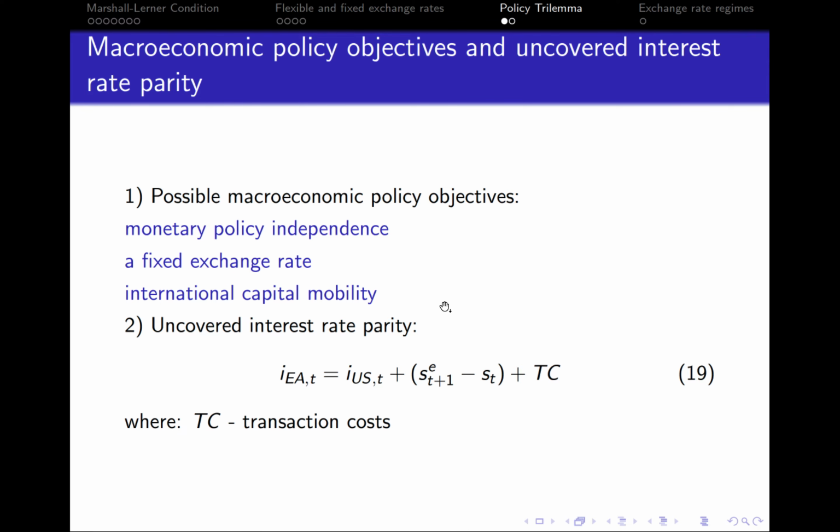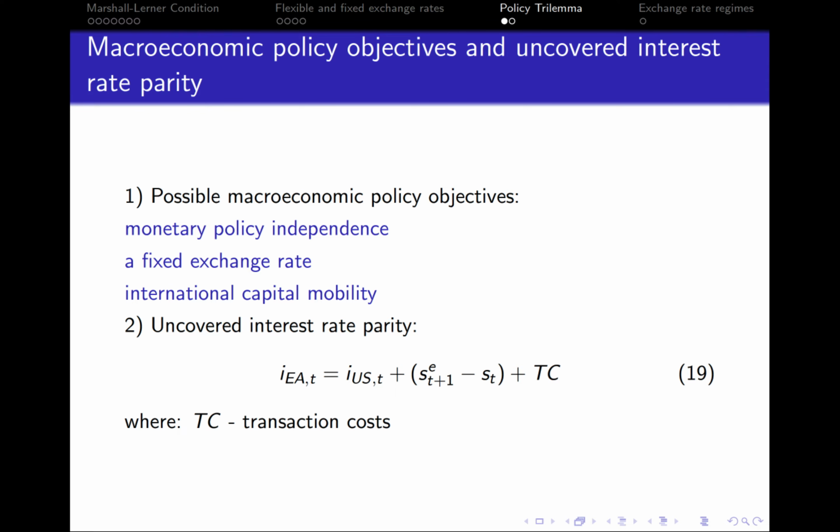If we want to have international capital mobility, so no transaction costs, and a fixed exchange rate, this means that we need to anchor monetary policies in such a way that the interest rates do not differ. So we are foregoing monetary policy independence. Look, this is why